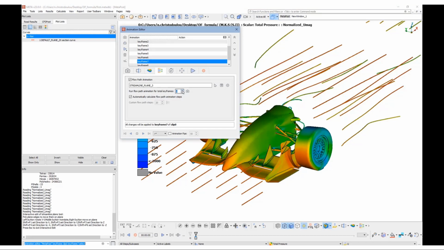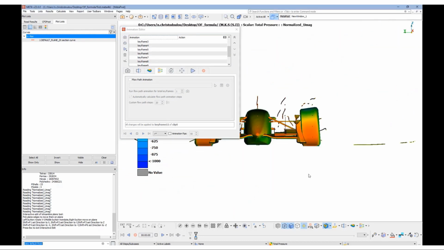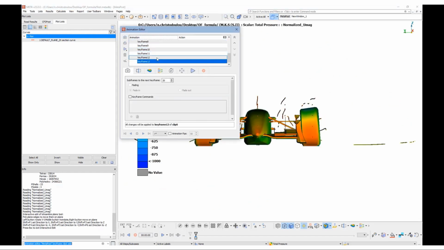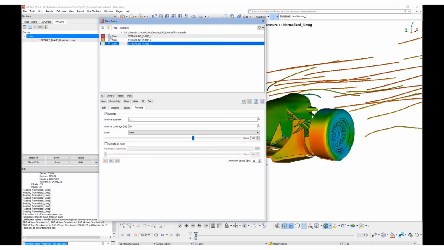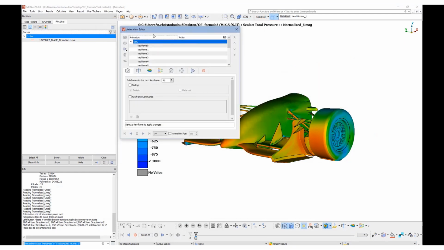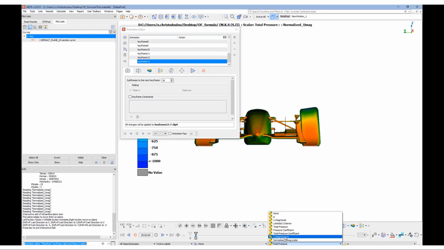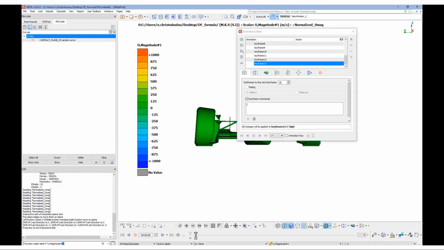Now the streamlines will be animated for some keyframes, so we need to add more keyframes after the animation has been started. Let's add more keyframes, and let's also change the result to velocity magnitude. We can copy this as a keyframe command, and let's also change the range.